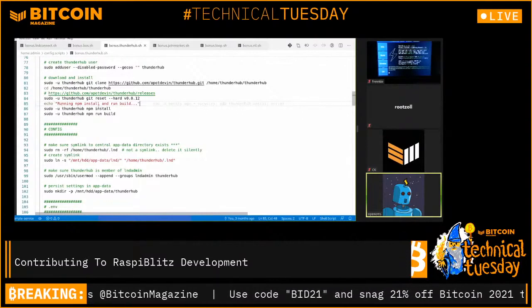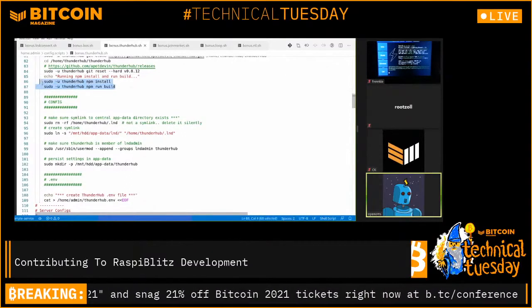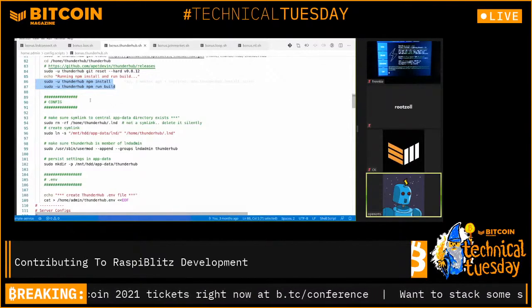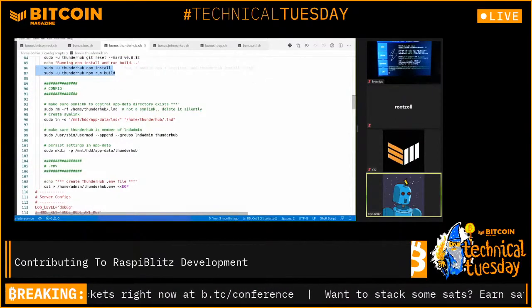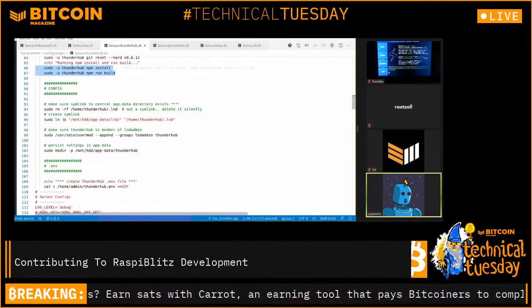There's a little display for what's going on with the echo. So it's running the npm install. This takes some time usually. This is when the application is built from source, and then we are coming to make the default configuration quickly. So we just make sure that it's all clean, and then